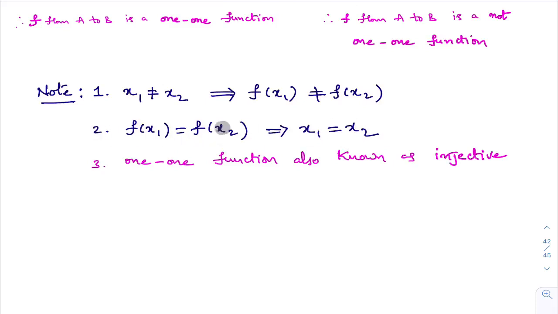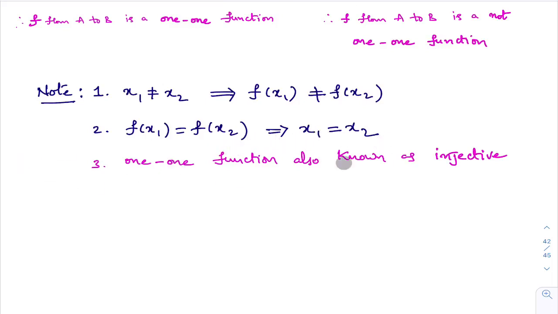See, this is the second point we are going to use very frequently to prove a function is a 1-1 function while solving exercise problems. How do we prove a function is a 1-1 function? First we will take f of x1 equal to f of x2. We will simplify. If we get x1 equal to x2, then we say the function is a 1-1 function. You just try to understand whether this meaning and the 1-1 function definition meaning are both the same or not. What is a 1-1 function? Different elements in set A must have different images in set B. So to prove a function is a 1-1 function, most of the time we will go with this second point. What is the second point? F of x1 equal to f of x2 implies x1 equal to x2.